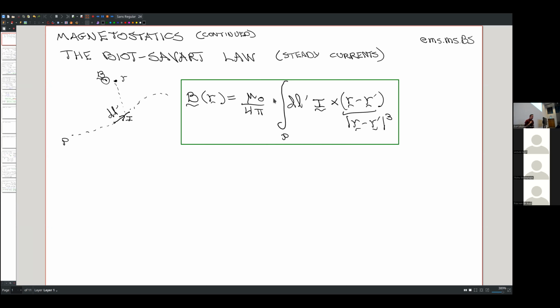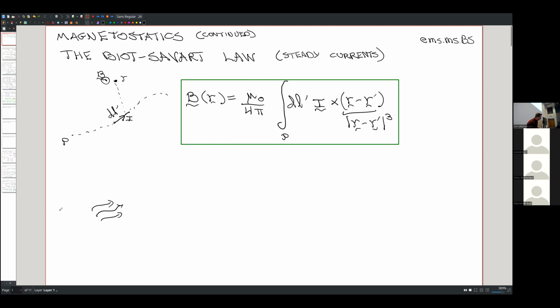Now, of course, for the magnetic field that we have here, the principle of superposition also applies, as for the electrostatic field. Therefore, if I had a very complicated collection of currents moving around my space, I could still compute the magnetic field simply by composing this equation as much as I would need to. In particular, imagine a situation where I've got lots and lots of charges flowing around in space, in a